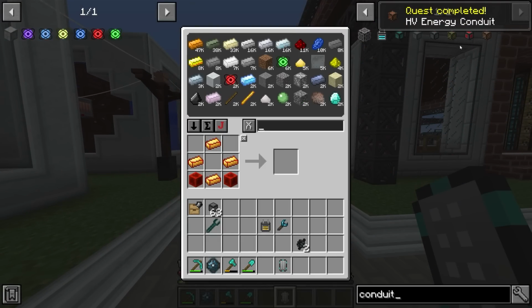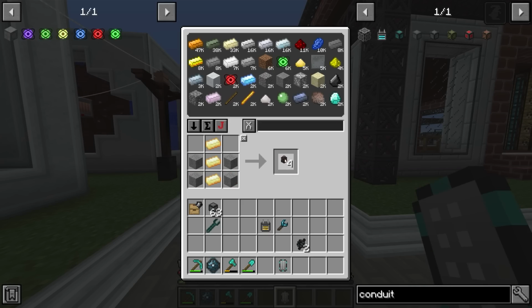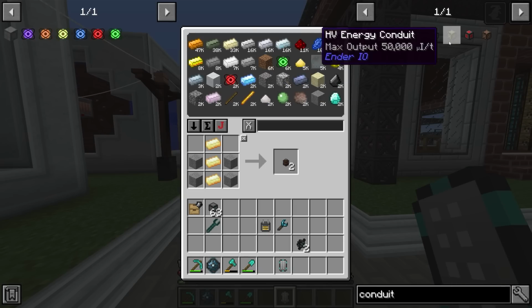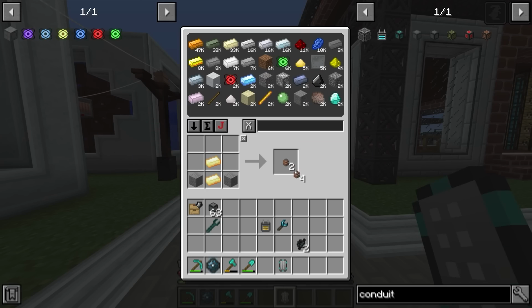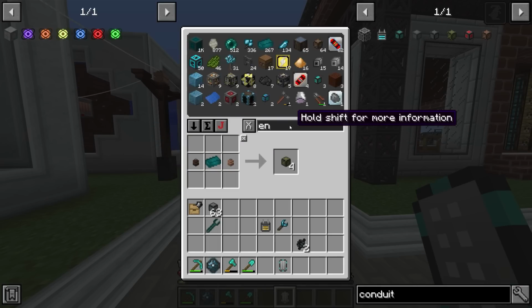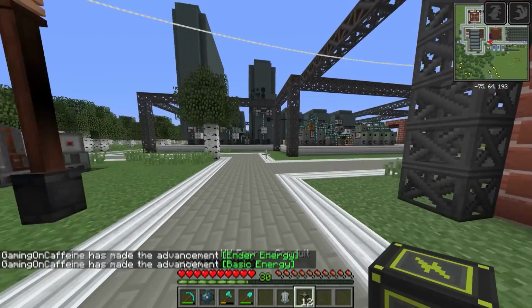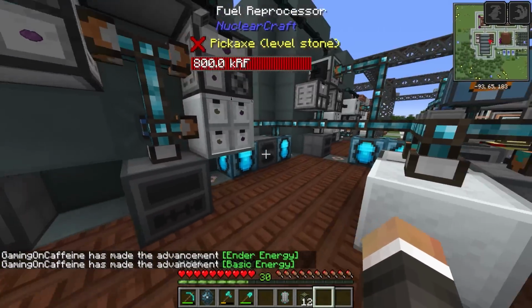The reason why I want these, the HV energy conduits, is that these don't seem too difficult to make. They do require HV-wire connectors, which we can make with all that lumium that we no longer need and can use for anything. And we also need some HV-wire relays, which we can also tap into that lumium for, and then we can just drop some of the enderium, which we also maybe have some extra. We do indeed. The reason that I made these is that these are going to allow us to pump power